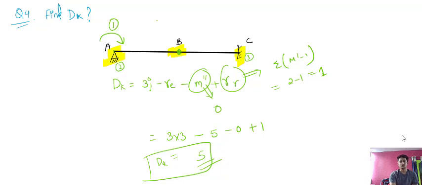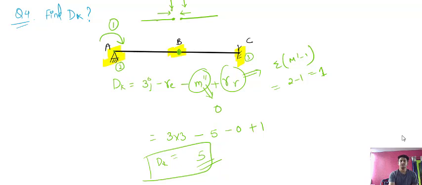So first of all consider the beam like this. Now there is an internal joint at which the moment is 0. So we know that the moment is 0 at this point. So here the remaining displacements will be one horizontal and one vertical. Okay, and moment is 0 at this point. So now this is the free body diagram. Here one will be horizontal and one will be vertical.